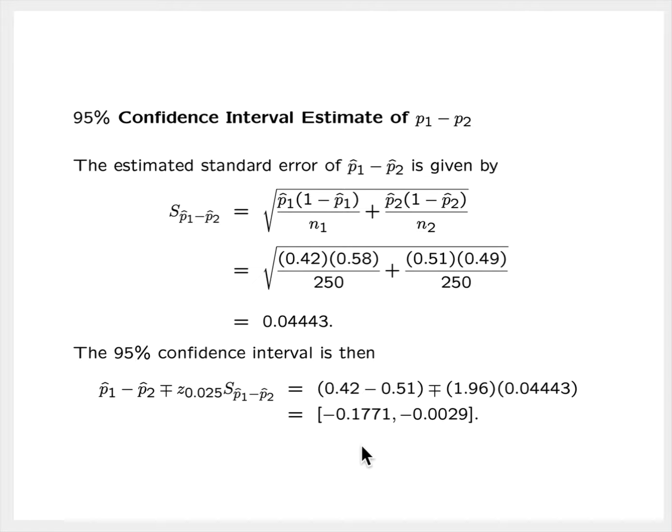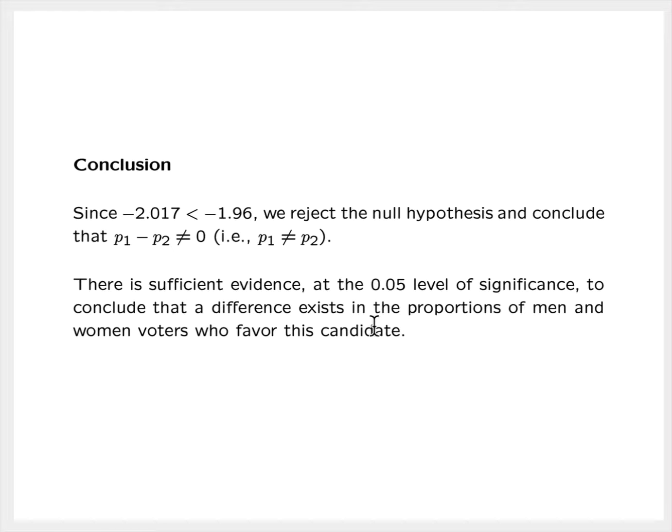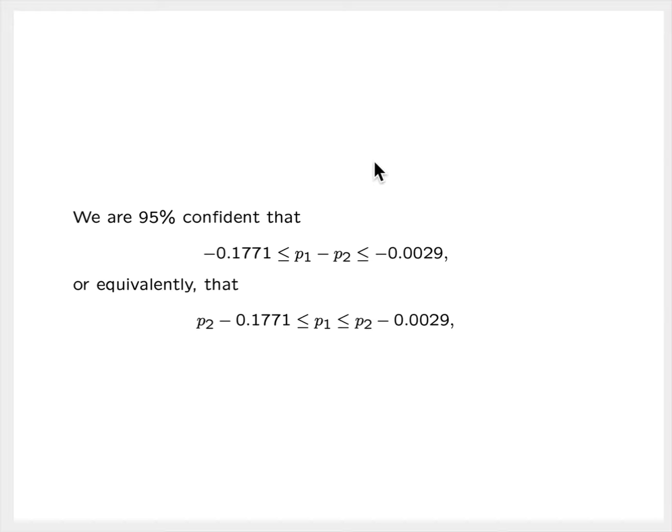0.0029. Now notice that 0 is not in this interval. Because of that, we know, even if we had not done the hypothesis test, that if we were to perform that hypothesis test at a 5% significance level, we would reject the null hypothesis, again because 0 is not in this interval. And that is the conclusion that we came up with, isn't it? To interpret the interval, we would say that we are 95% confident that the difference in the population proportions, P1 minus P2, is somewhere between negative